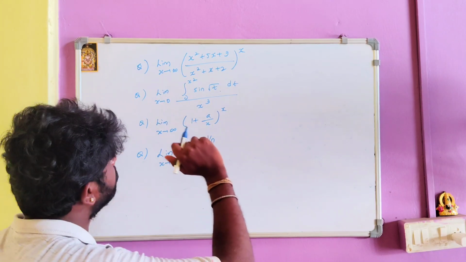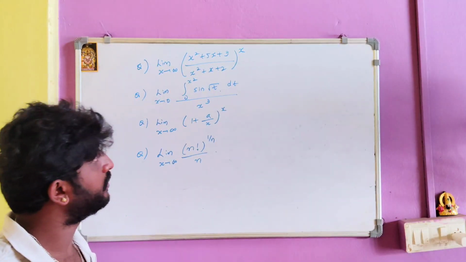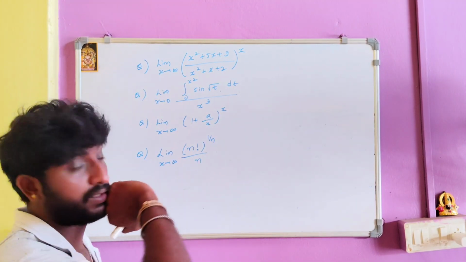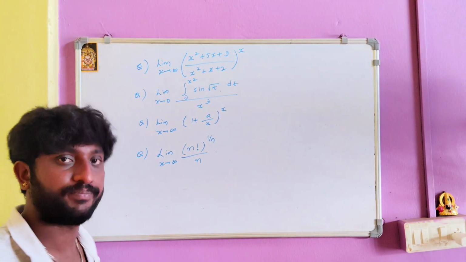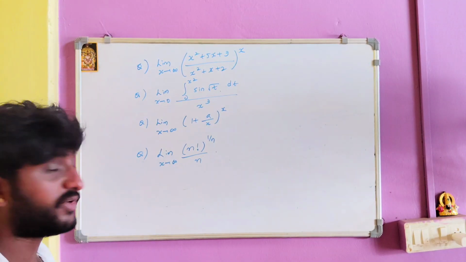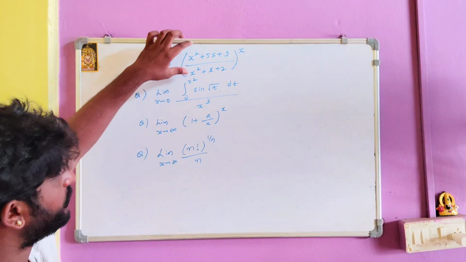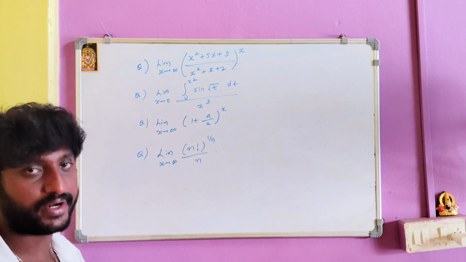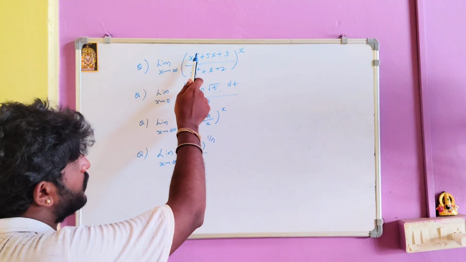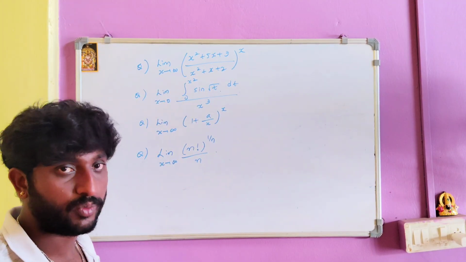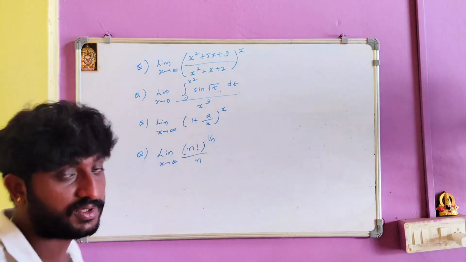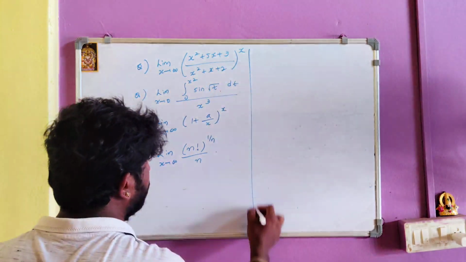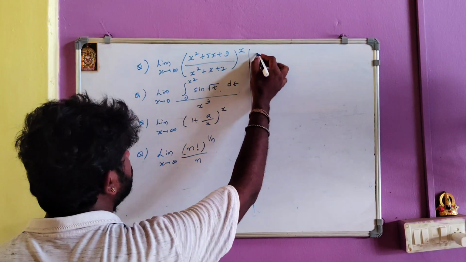The first question, if you apply the infinity, see this becomes infinity by infinity. Here also we get infinity. Before applying the limit, observe that this is a second degree polynomial, and this is also a second degree polynomial, that means a quadratic function. Both are polynomial functions with the same degree. Whenever we get such type of question, question number one,